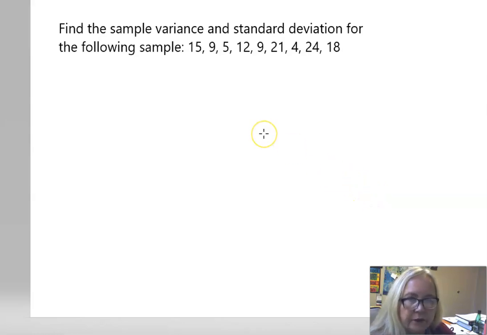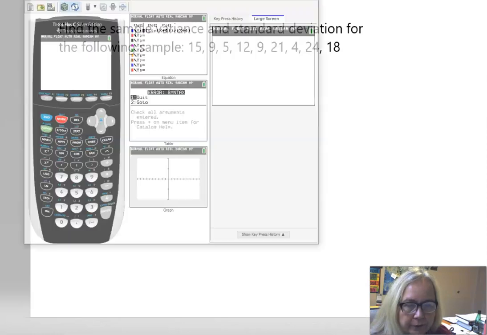Hello, in this video I would like to explain how to use your calculator when you are asked to find the sample variance and standard deviation for a set. Here we use the numbers 15, 9, 5, 12, 9, 21, 4, 24, 18, and we will do everything on our TI-84 calculator. First of all, you need to enter the data set in your calculator, and for that